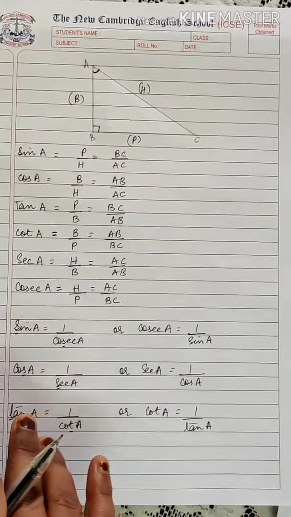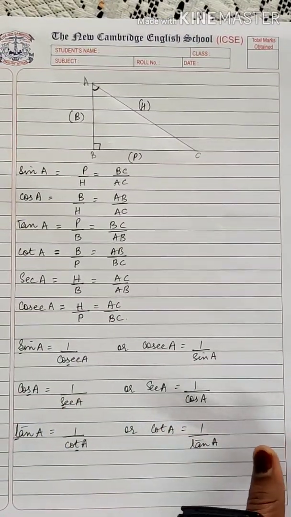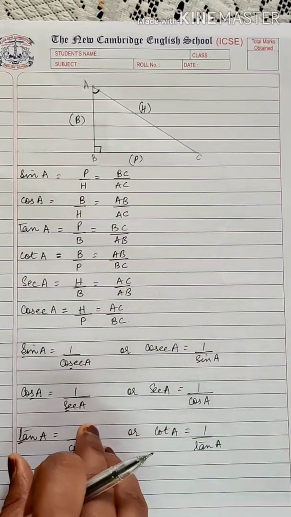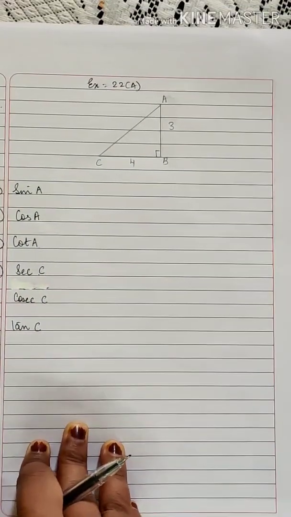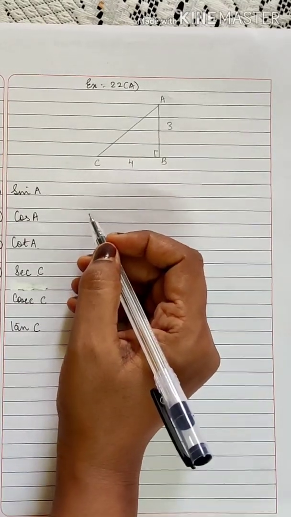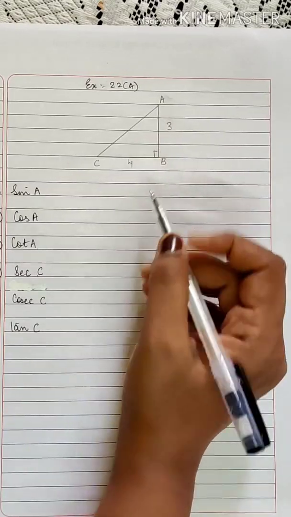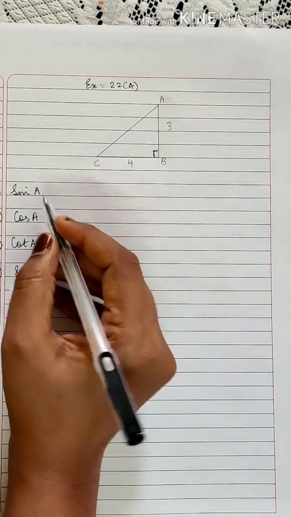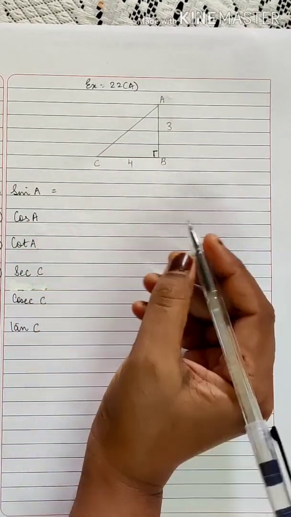Okay, so these are the trigonometrical ratios. You should be thorough with the ratios before we start solving the sums. But still I will give you one sum where you will be using these ratios. So remember, some people have curly brown hair turned permanently black. Now just one sum. It's a very interesting concept. Now here in this given figure, triangle ABC, which is right angled at B, you have to find these ratios: sin A, cos A, cot A, secant C, cosecant C and tan C.